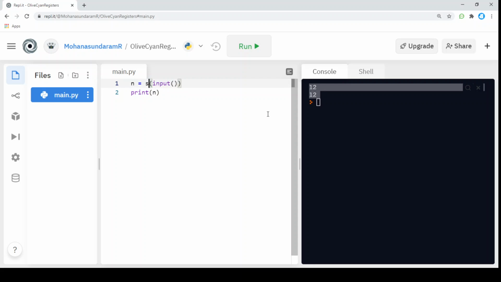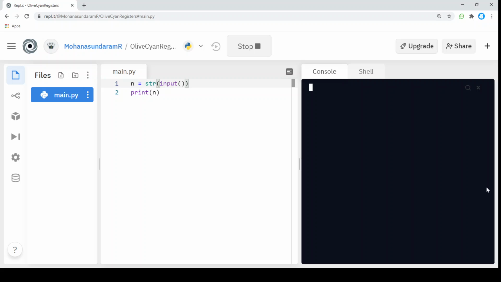What if I want a string alone? Simply I can change this function to str, and I can get the string as an input from the user. But in a string, if I pass a number, it's treated as a string, because everything in quotation marks is called a string, even if it is a number or an integer.